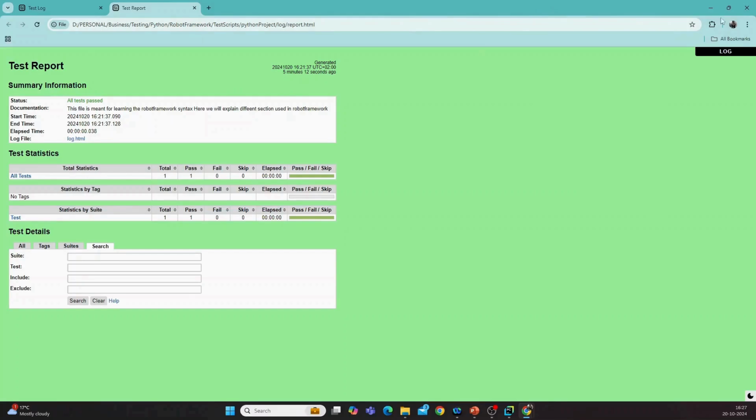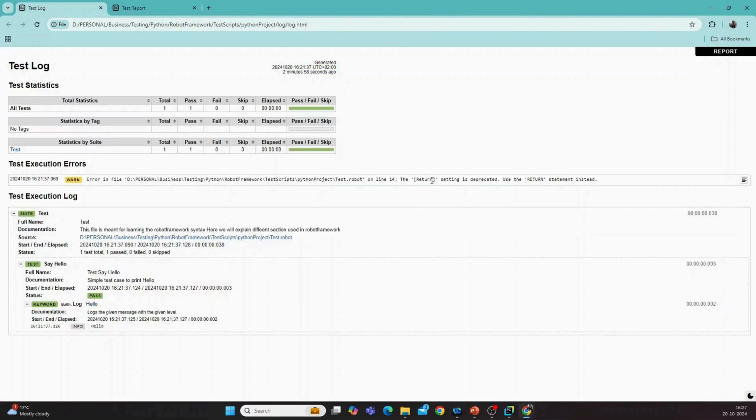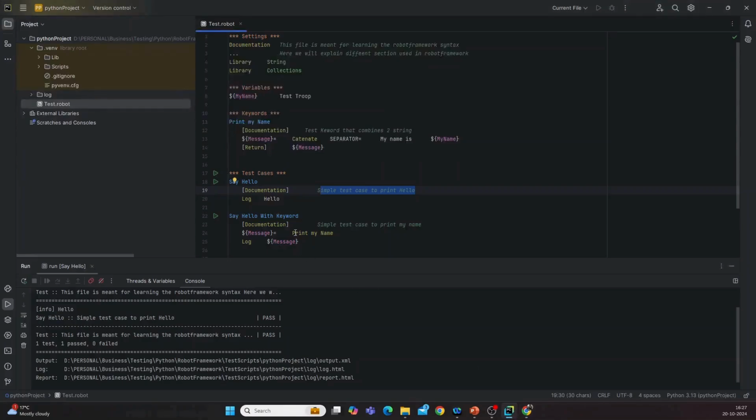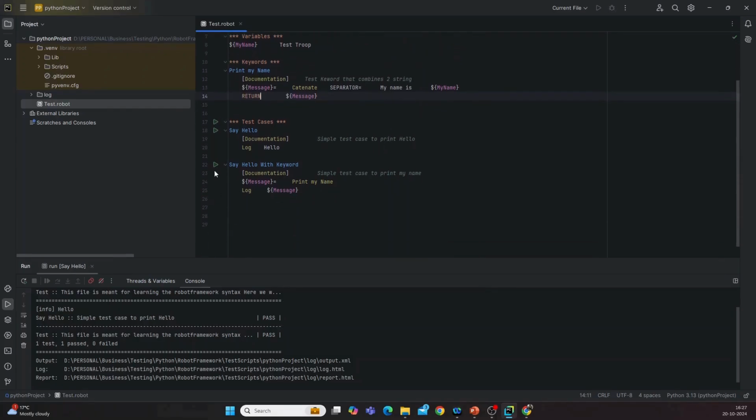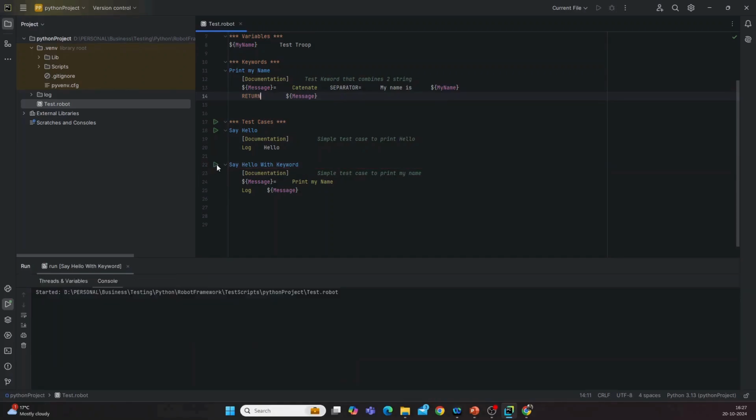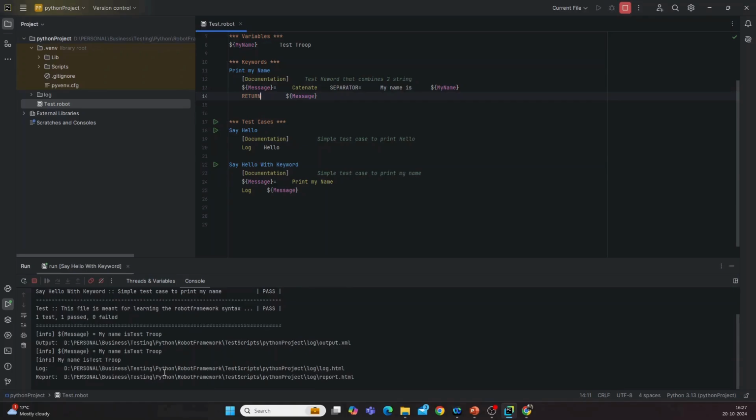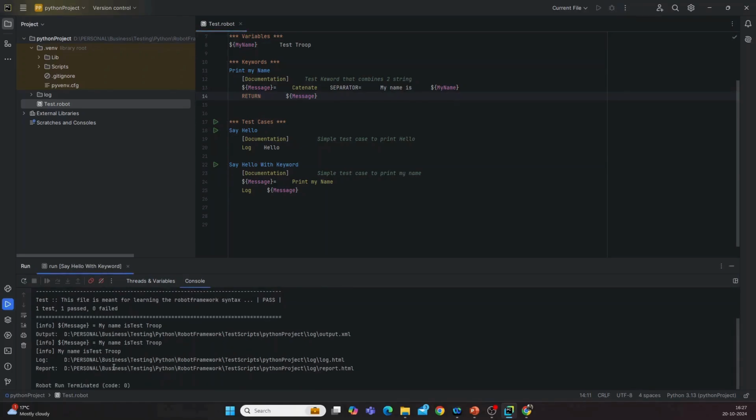What we can do is go and fix that particular warning that it has given here. I have to use return instead of this return. Let us copy this. Let us go back here, and instead of return I will use this. Now I'll try to execute this particular test case alone. Sorry. Yeah, it is completed, and if you see, it has put my name is